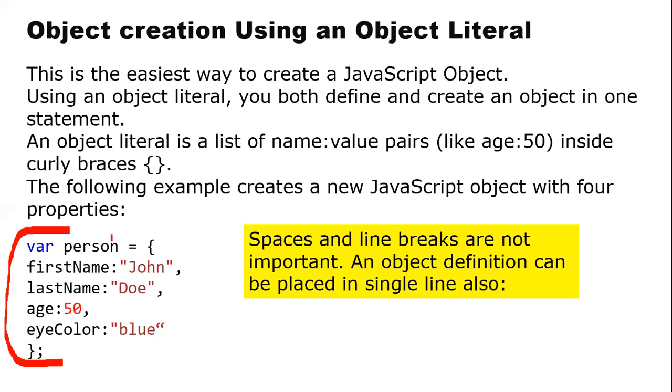Now remember, when you're going to define the object and the properties, it is always advised not to use spaces in between the property names or function names. Either you're going to define a method or a property, it's better not to use spaces in between. Like for example, as I have used here, first name. So don't use a space between first and name. Okay, it's better not to use them.